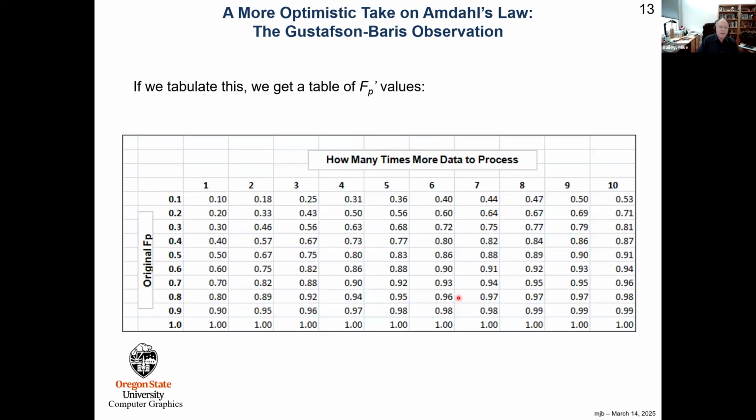Okay, so if we graph it, we get this. So here's the original parallel fraction. Let's say we're kind of abysmal here at 0.4, but if I do 2 times the amount of data, that would raise my parallel fraction to 0.57. If I do 10 times the amount of data, that would raise my parallel fraction to 0.87. And so